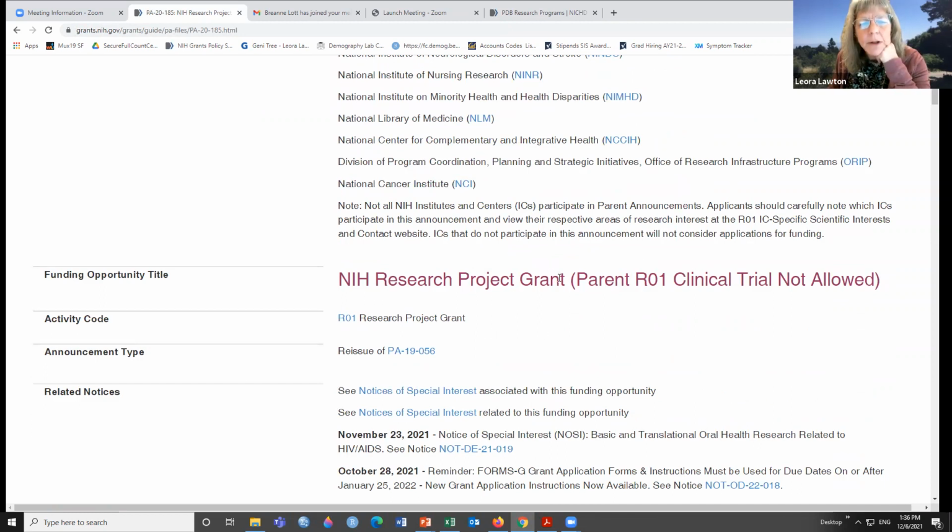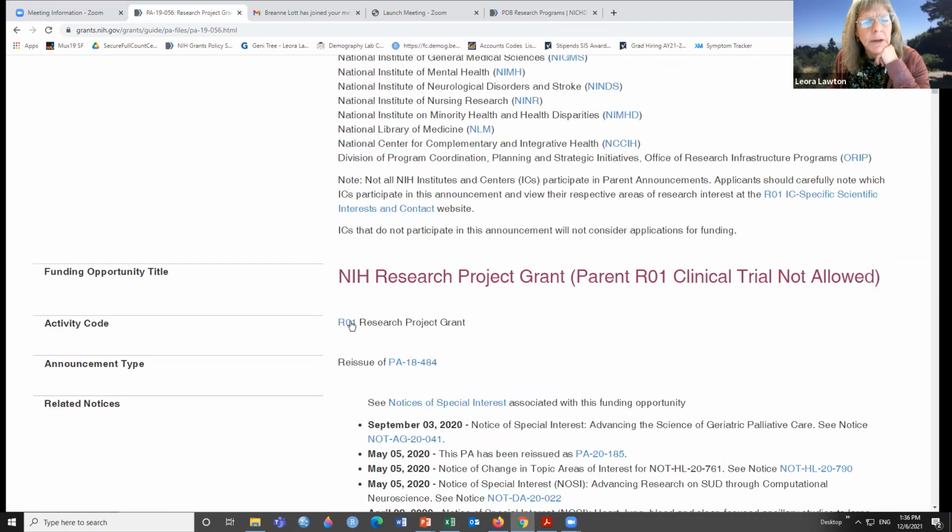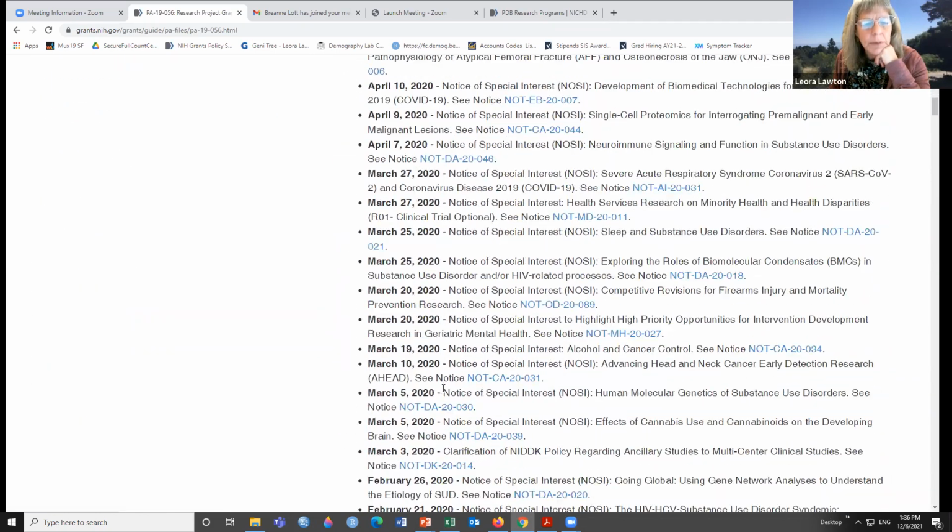It's called the NIH Project Grant Parent Award, Clinical Trial Not Allowed. They now have 3 versions of this, which is Clinical Trial Not Allowed, Clinical Trial Required, and Clinical Trial Optional. You can see whether or not it's been reissued. This is the most recent, but if I'd had the old one, as you can see here, it will say it's reissued as somewhere along the line,